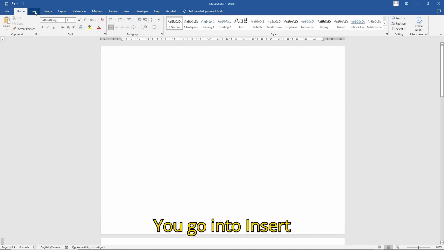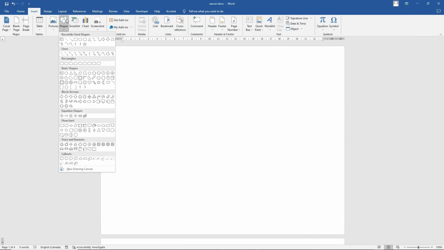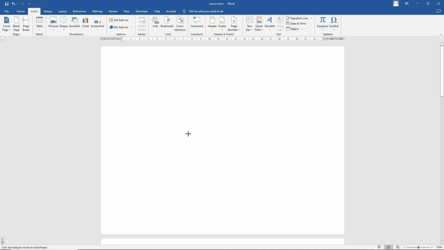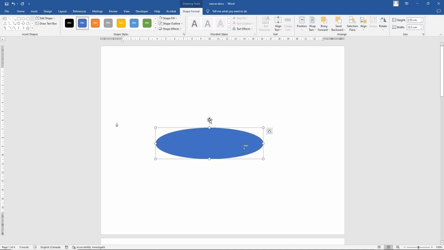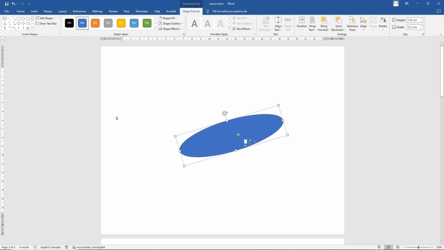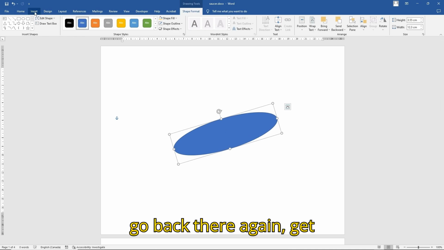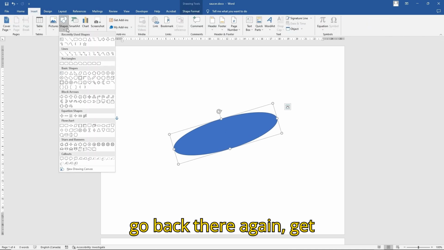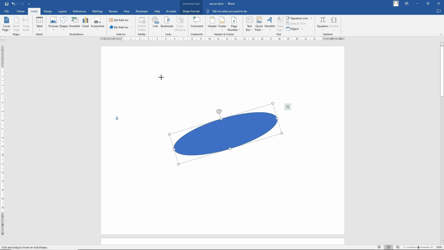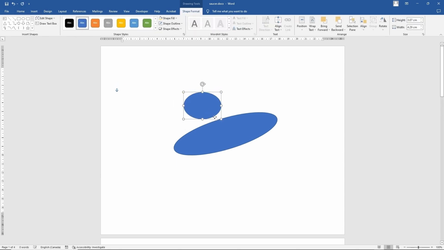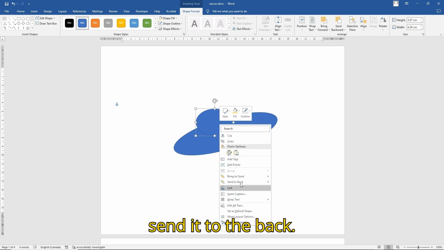I'm going to show you a really quick way to draw a UFO. You go into Insert, Shapes, go back there again, get another circle, send it to the back,